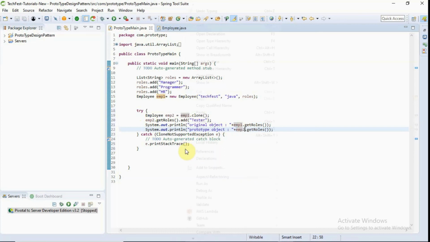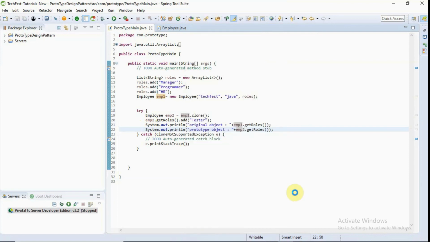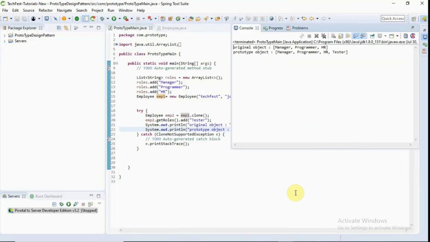Let's just run this program. As we can see, in the original object there are only 3 roles, but in the prototype object we were able to add one more role, called tester.